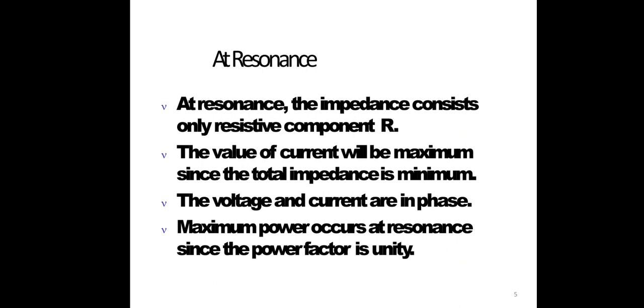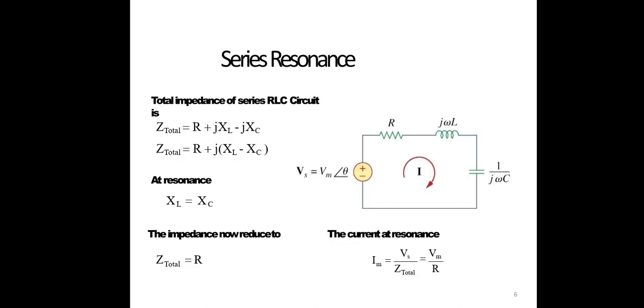This is the condition for the resonance circuits. So now we used to take in general the series resonance circuit. What are the circuit elements in the circuit? The RLC. Here I already explained what RLC is, and what the reactances and the pure resistance are. So the total impedance of the series RLC circuit, which is indicated with Z total, is equivalent to the